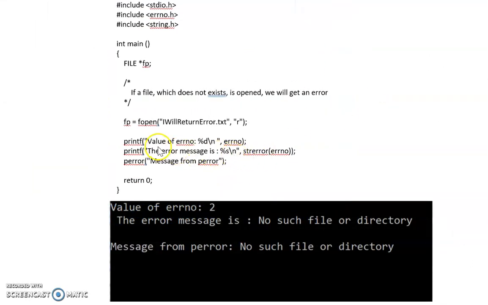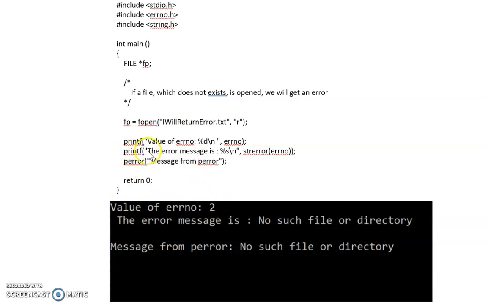So see, if you notice, the very first printf statement is value of errno is %d, and it comes from the errno. Here we are trying to open the file which does not exist, and it has printed value of errno is 2, so it has automatically fetched this value.